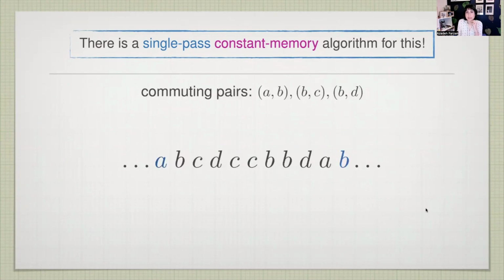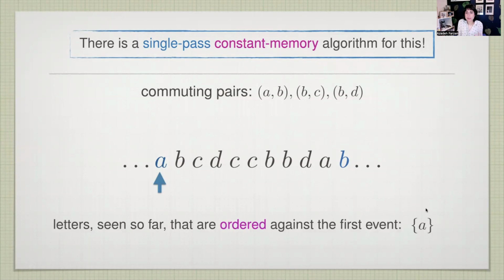Using an example, imagine you have an alphabet A, B, C, D, because it's easier to fit a long word on this alphabet rather than the original on a slide. Imagine that the three pairs I'm putting there are the commuting pairs. Of course, commuting pairs are symmetric; they commute in both directions. A streaming algorithm is trying to decide whether the blue A and the blue B can be reordered. It will ignore everything before it sees the first one, the blue A. At that point, the algorithm kicks into action.